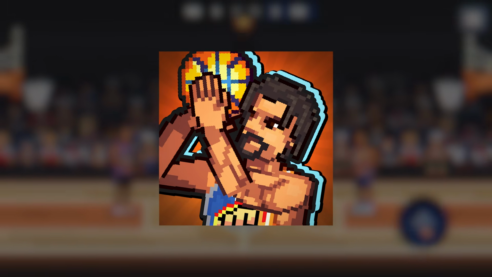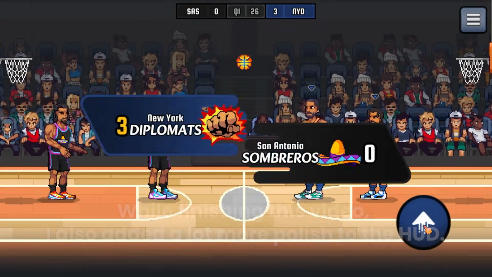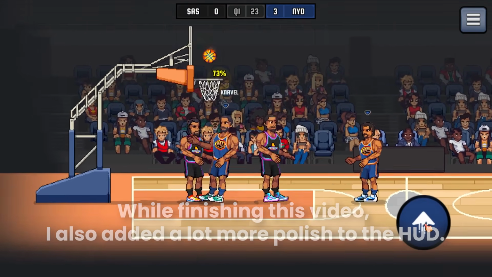Now, I've made an icon for the game, taken a couple of screenshots for the store pages, and I've released the game into early access. You can download it for free on Android or iOS using the